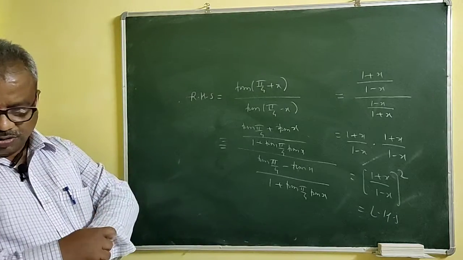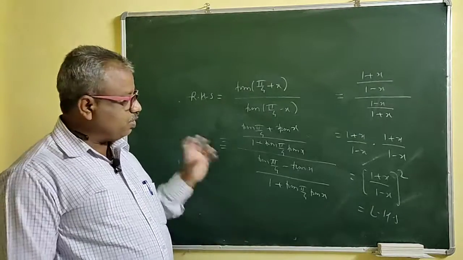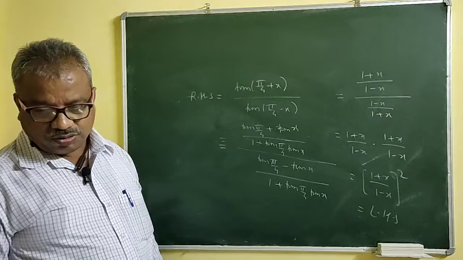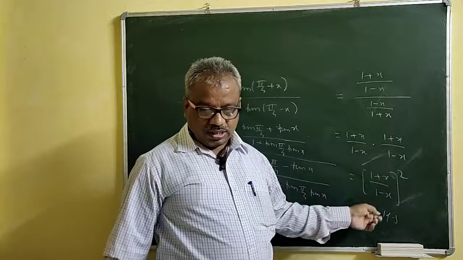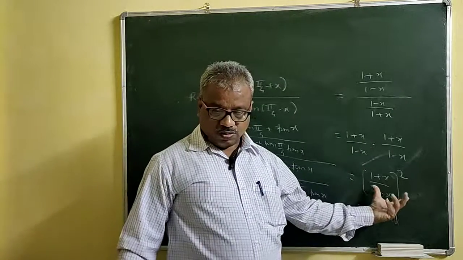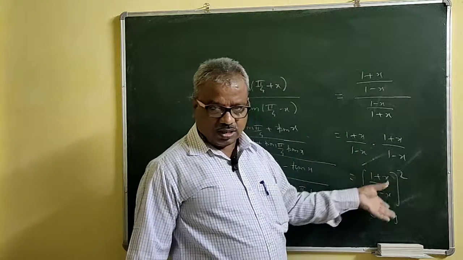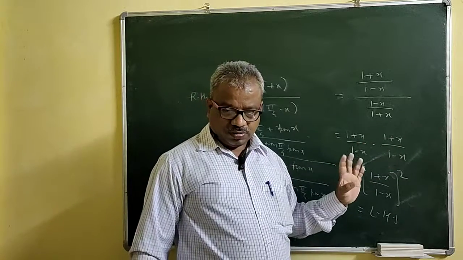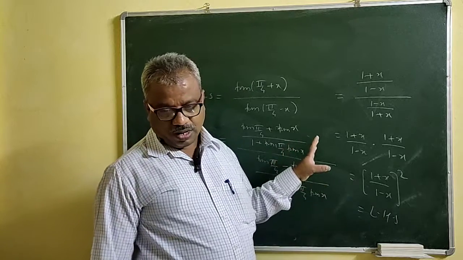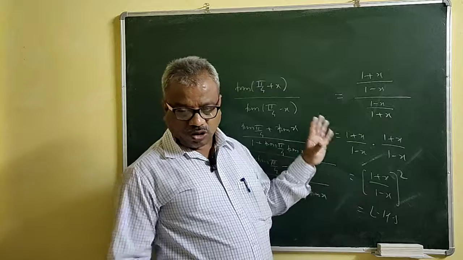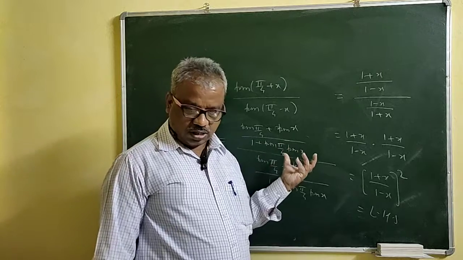Okay. So I hope that you understand this. So do the problems on your own now. Independently you have to solve this one. See, these two are the same now. So A into A is A squared, because we want that square, the whole thing squared. So we are writing the whole thing squared, instead of writing 1 plus x squared upon 1 minus x squared separately. No need to do this. A into A is A squared, bracket squared. I hope that you understand all these things. You should be able to solve the problems. So practice the formulas, because by solving problems you can remember the formulas. I hope that you understand all these things. We will stop here.